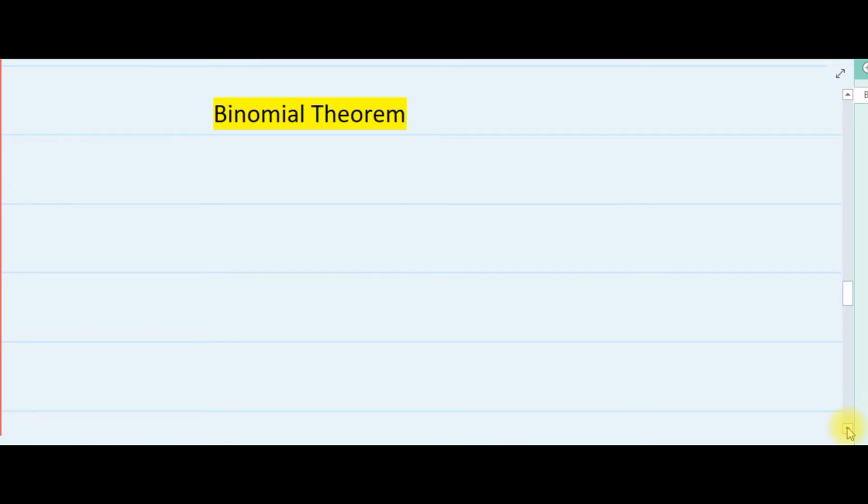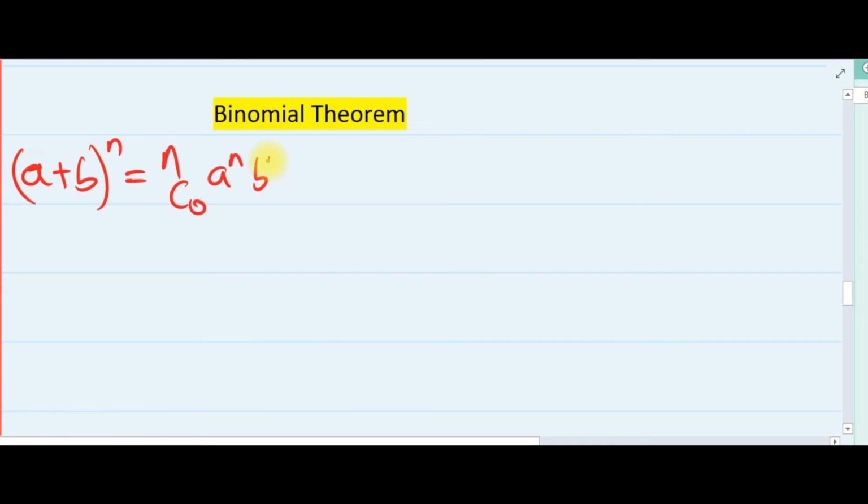Yeah, it's not efficient if n becomes large. So I'm saying that if n becomes like 100, 10, 20, we now apply what we call the binomial theorem, which states that if you are given any binomial of this form to expand, we can bring in combination, as is written, n combination 0 a^n b^0